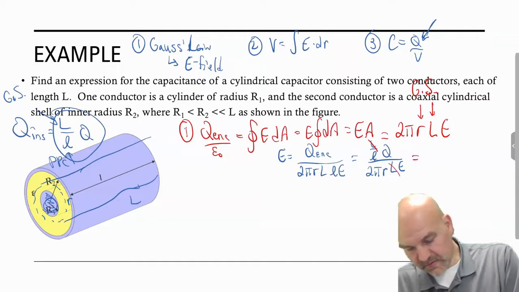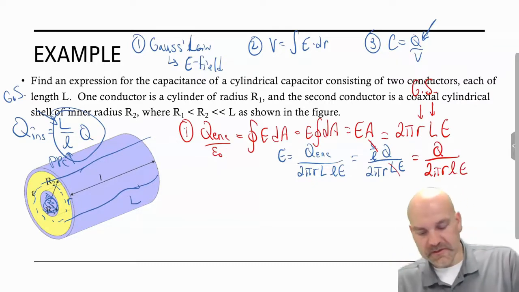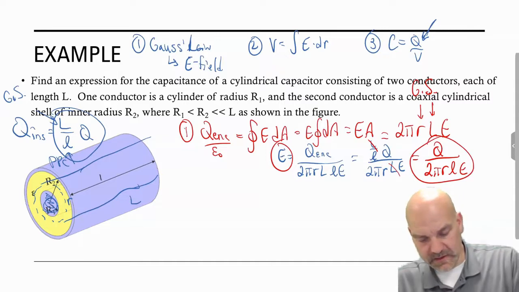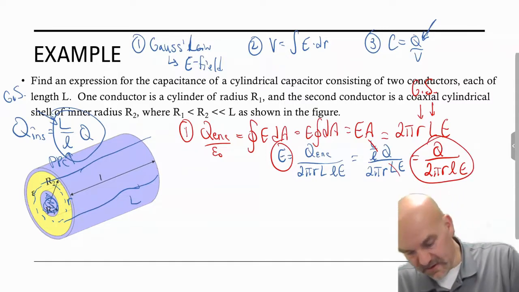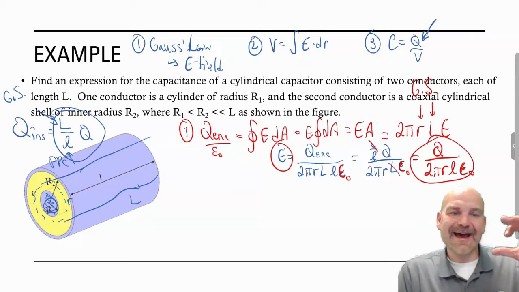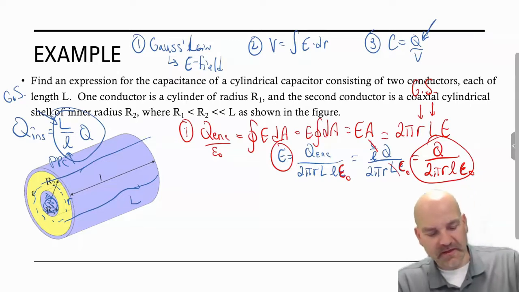Cancel, cancel. And so I end up with Q over 2 pi r L E. So this is my E field. That's not E. Why did I put that E in there? It's epsilon, not E. All right, so that's my E field inside my Gaussian surface caused by the